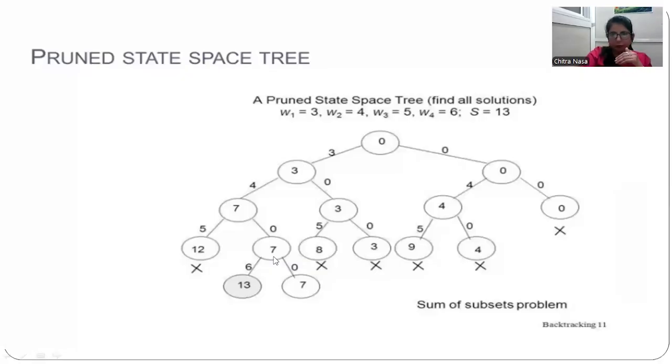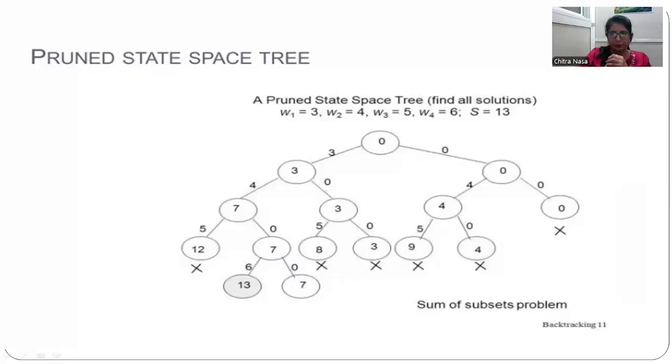Now after here, we will reach this one, 7. If I'm including item 4, it means I'm adding the weight 6, right? 7 plus 6 will be 13. It will be equal to my target value. We will include it. Second possibility, we will leave it, so our weight will remain 7. Same. And after 8, if we include this item, then 8 plus 6,